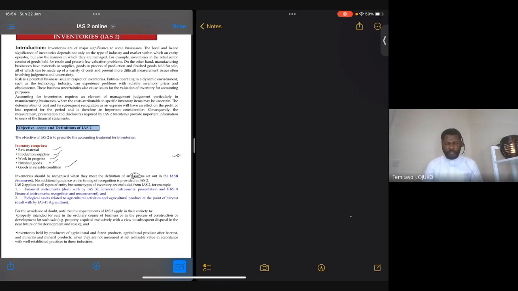Now, what is the scope of IAS 2? IAS 2 comprises inventory in all types of entity, but actually some inventories are excluded. So what am I saying? You can use IAS 2 for all entities that have inventory, but then there are some inventories that are excluded from the scope of IAS 2. Now, majorly, there are just two. Now, the first one